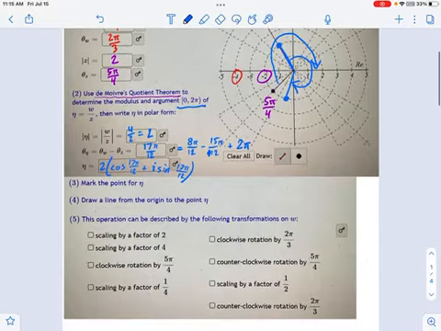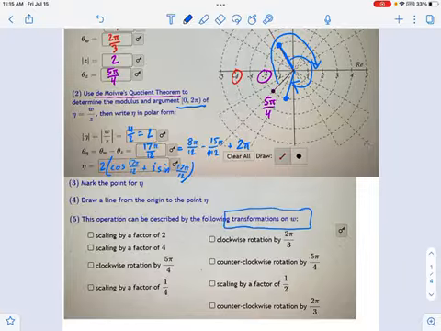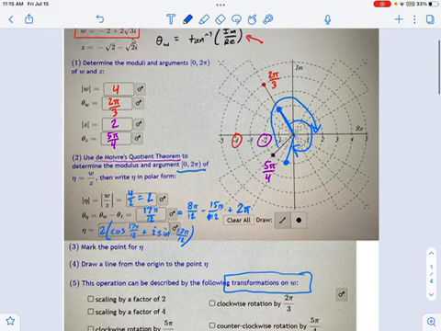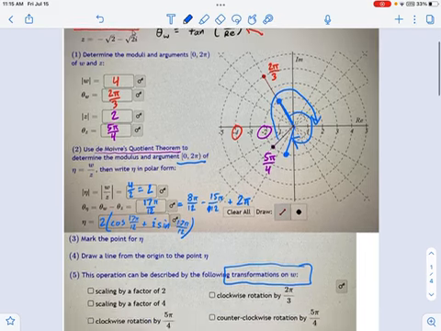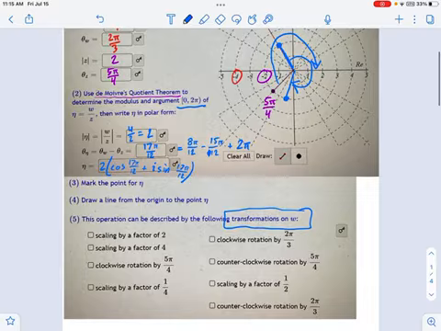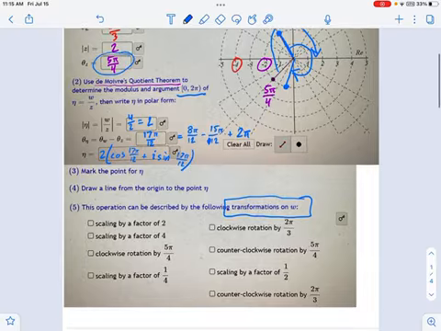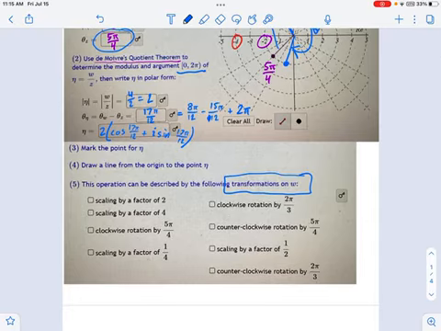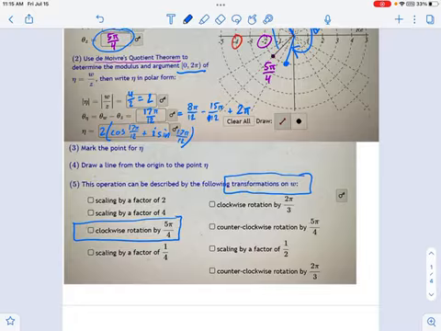So how do we say that? Well, I'm doing a clockwise rotation by, and remember these are transformations on w. What's happening here is I'm transforming w by dividing it by z. So it's a clockwise rotation by 5 pi over 4. Where is that? Here we go. Clockwise rotation by 5 pi over 4. That was z's angle. And a scaling by a factor of 1/2 because this thing's getting smaller. Okay, so a scaling factor of 1/2. And there we go.